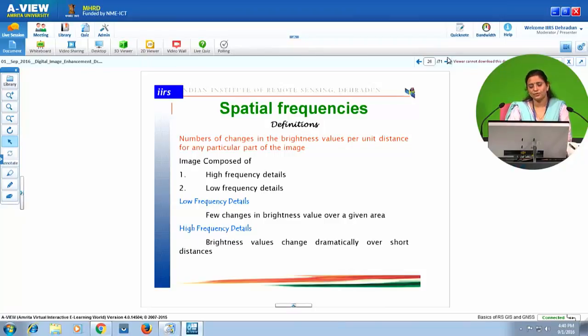As we know, in an image we have both parts, high frequency details and low frequency details. In high frequency detail areas, the brightness values change dramatically over short distances, whereas in low frequency detail areas, there are few changes in brightness values over a given area.